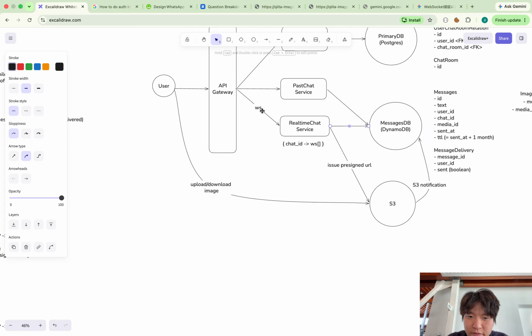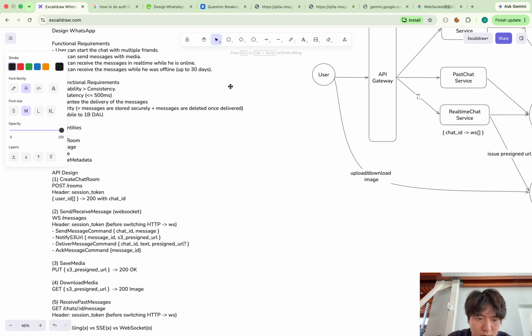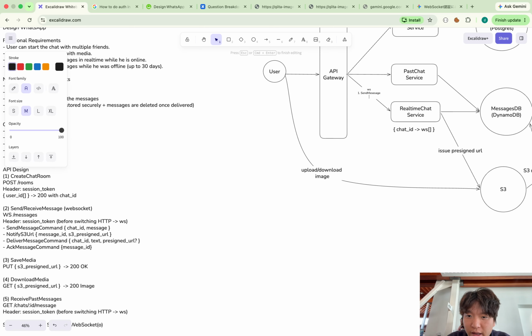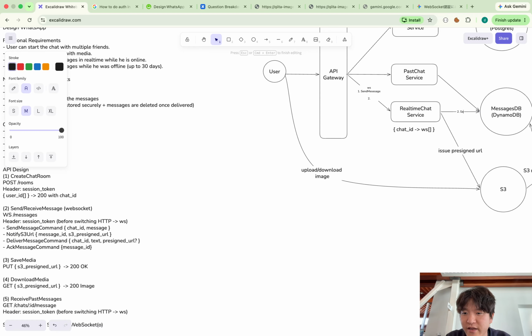I'd like to write it here. Okay, so first, the send message command. Then here, save messages. Then here, return S3 URL.